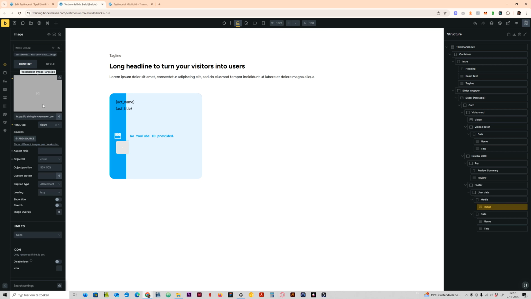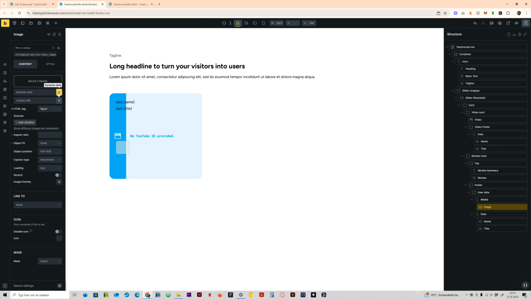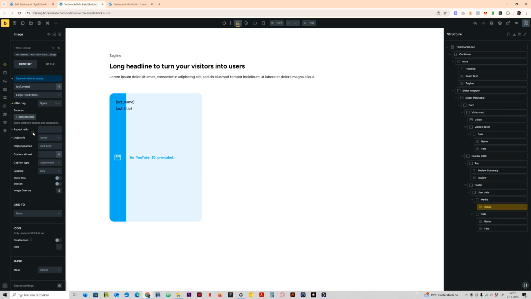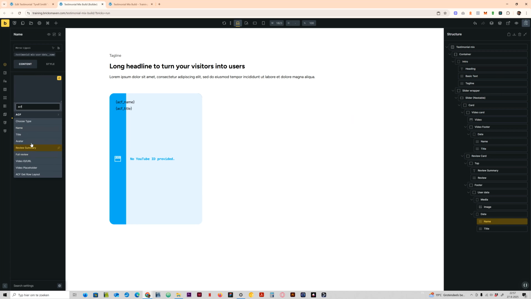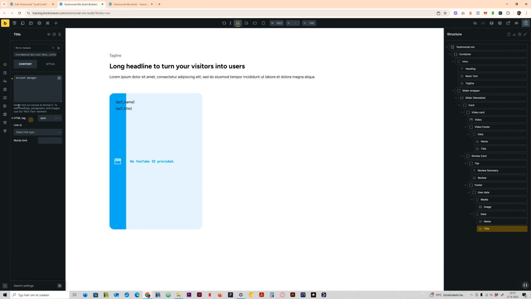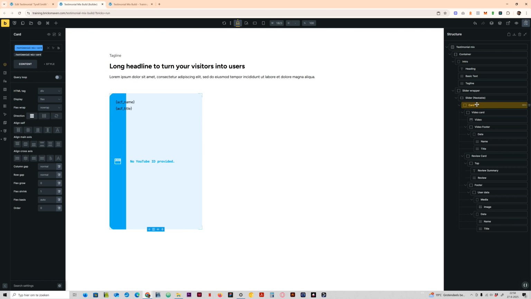User data or image. This is the avatar. And on the name, we also have our name here. So you see it's all pretty straightforward and easy to do. We add our title. As of now, everything has been connected. So our next step is to enable the loop. Let's go to our card, query loop,